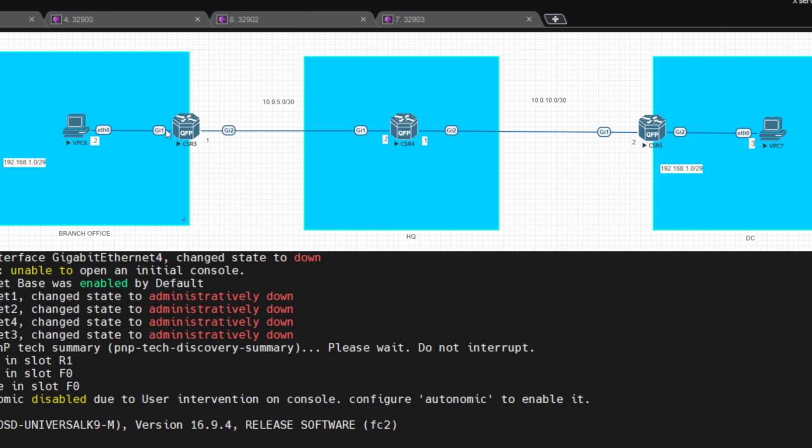Just to give you an example with the topology we have here, on the left hand side we've got CSR3, which is acting as our branch office edge router, and connected to that is a PC which is on subnet